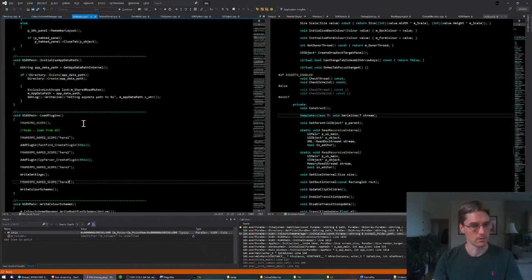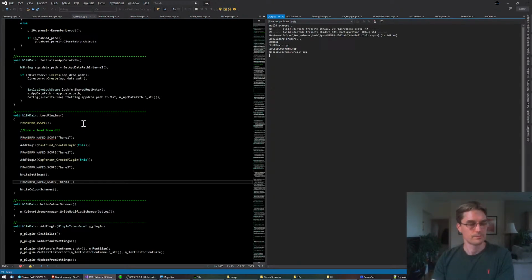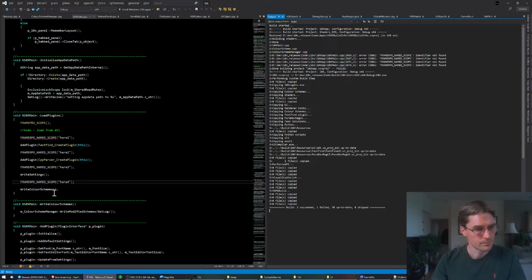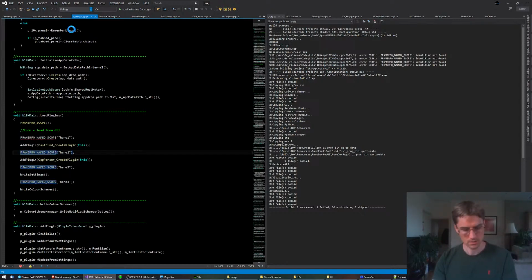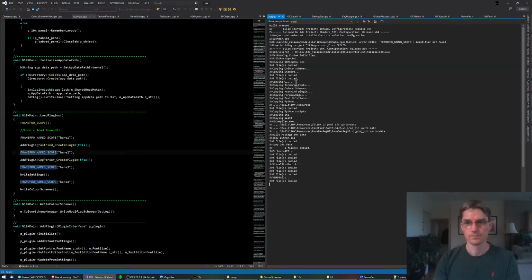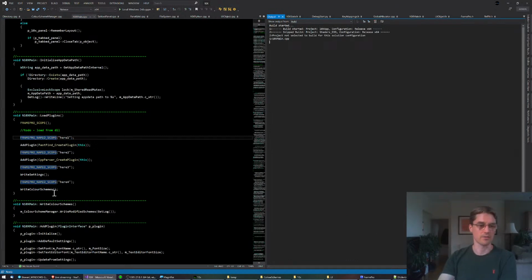Check it's not this. I've compiled in debug. If I spelled it correctly. Compile in release. Another one. So this is the way I often do things. If I've got a